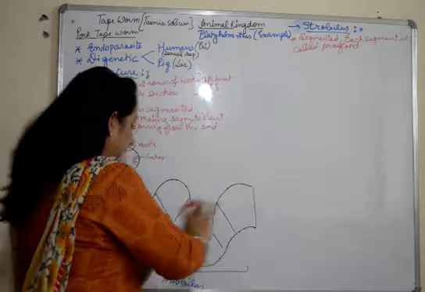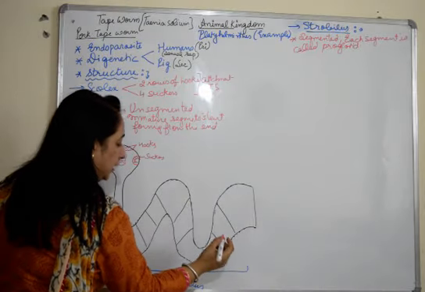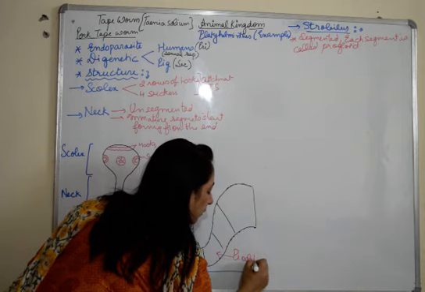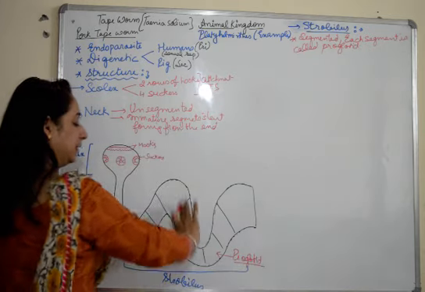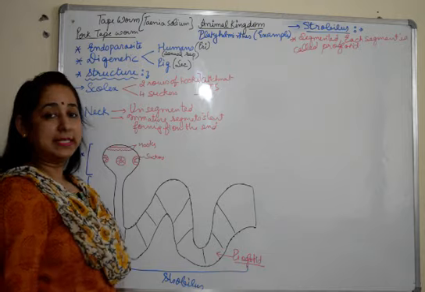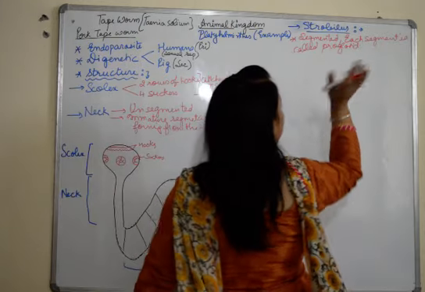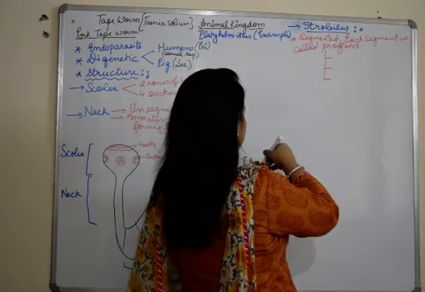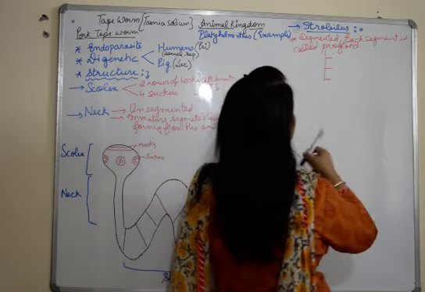Fine. So these are the different proglottids. This is a proglottid. And these are the different proglottids or the segments. These proglottids are further of 3 types. There are 3 types of proglottids: